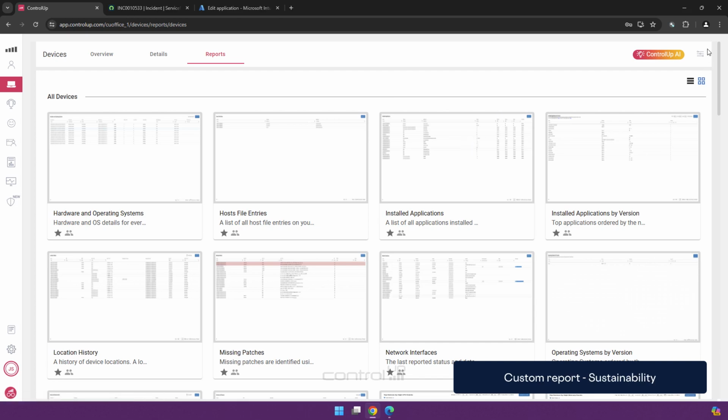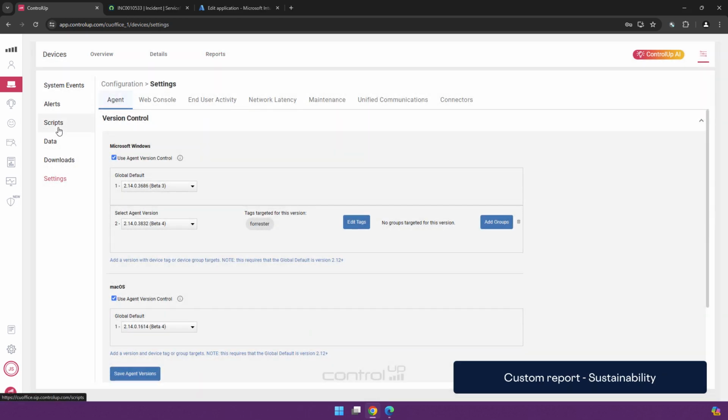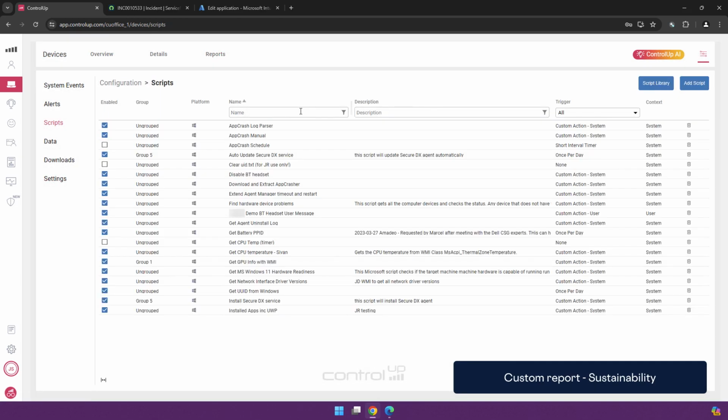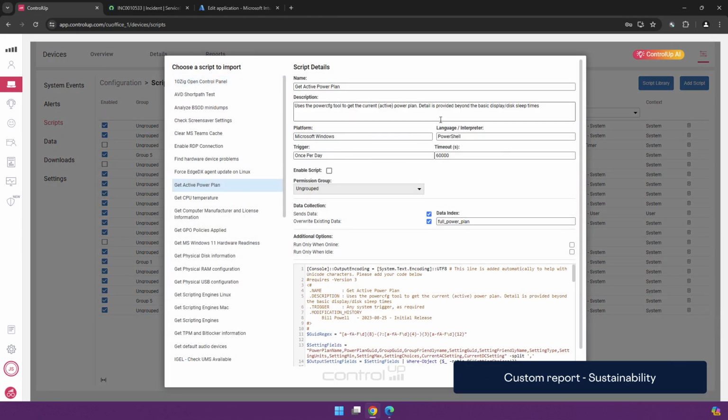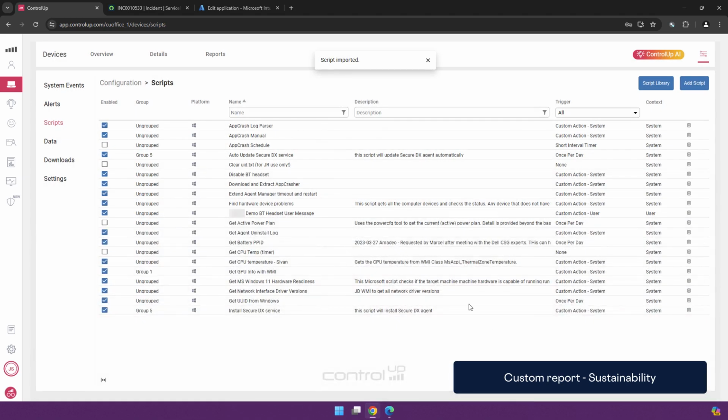Another example would be, for example, one around power management, which could help companies to meet their goals around sustainability. In this case, I'm going to grab one from our script library, for example, to get the active power plan for all devices in the environment. I import it.